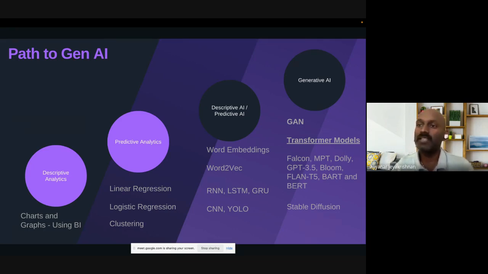At the same time, there is Stable Diffusion on the imaging side. We're not going to talk about Stable Diffusion on today's call. We plan to have a separate discussion about image generative AI. We are mostly focusing on the NLP side, which is the transformer model, as a large language model.